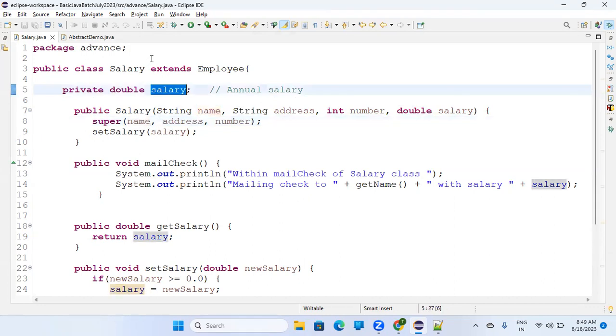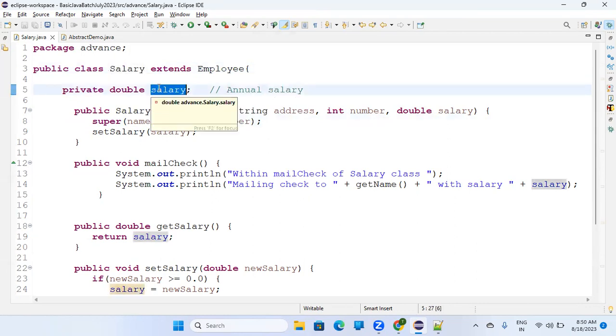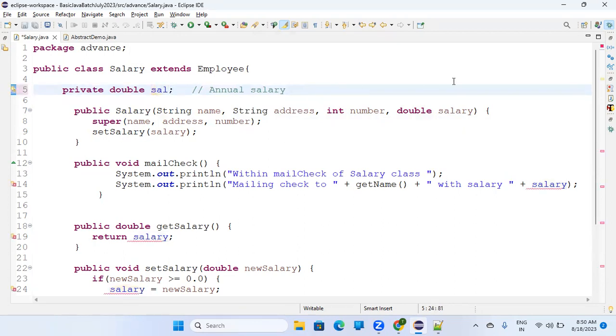Salary is the property of salary class. The name is same, so you will get confused. This name can be anything, just SAL or S can also be there, right? So that's fine. Let's make it SAL only to have less confusion. And this can be anything. It can be just myself, something like that. And this will be set salary myself. So you're setting it. Myself. So basically, whenever there is,